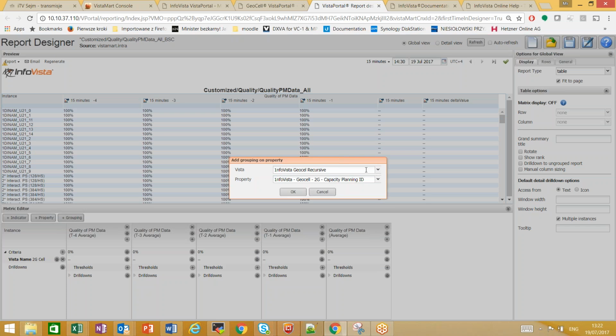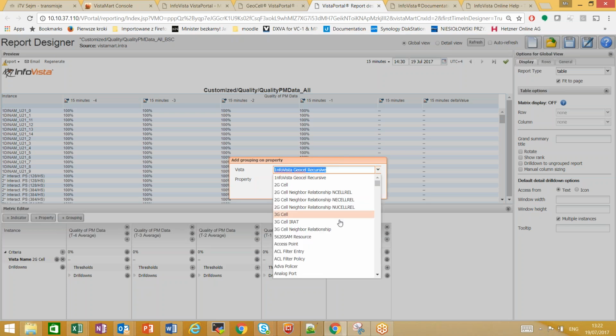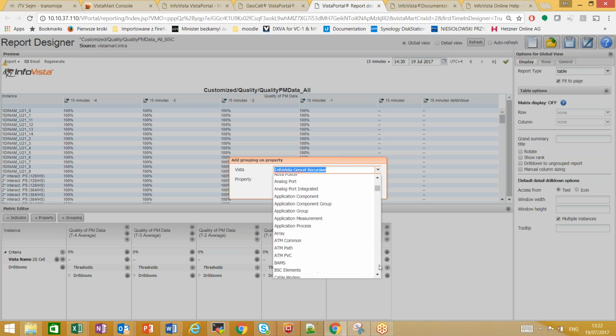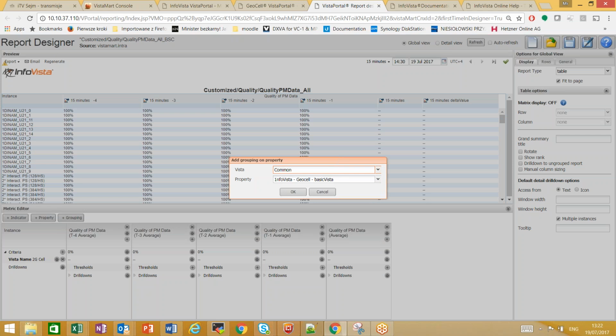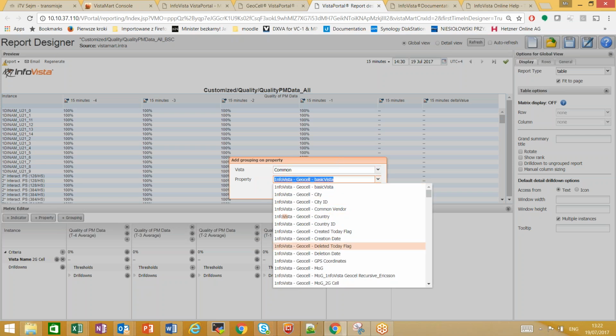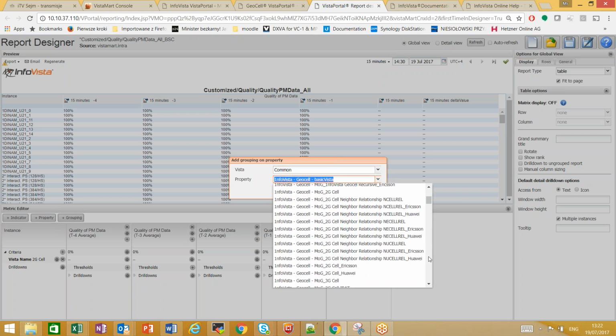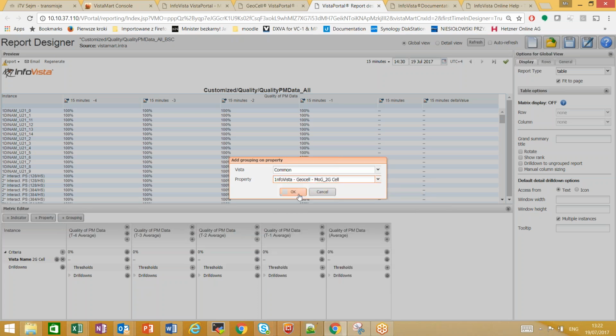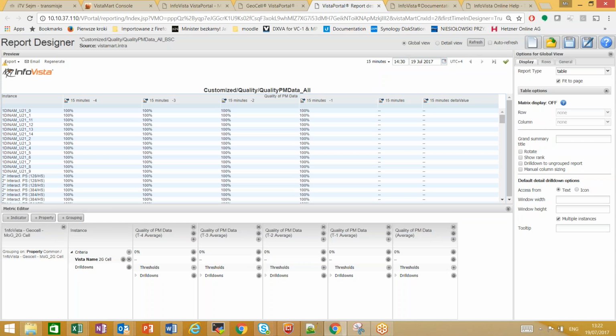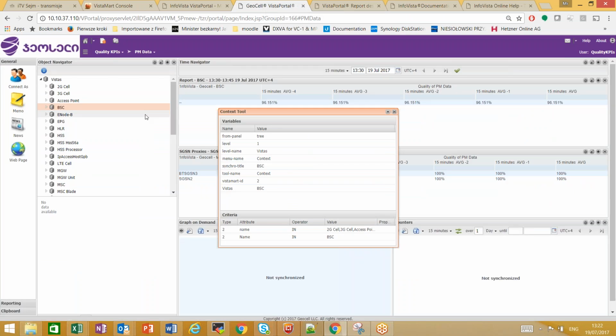We know that in Vista Common we have our group ID properties. So if I go here and use the mock2g cell, it points to the BSC, right? Yes, mock2g cell points to the BSC. So now if I save it, this is my BSC report. And now if I try again,